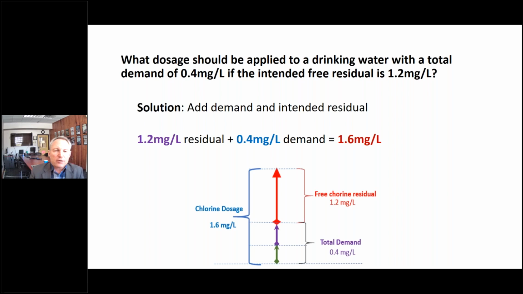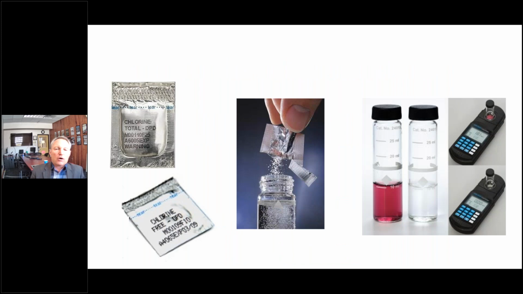So the total demand is including the chlorine that's destroyed by reducing compounds and that combined chlorine. And if we were to look at this graphically, we see the free chlorine portion here is 1.2 milligrams per liter. And then our total demand is some kind of combination between the combined chlorine and the chlorine destroyed by reducing compounds, which totals 0.4. And that about concludes our conceptual